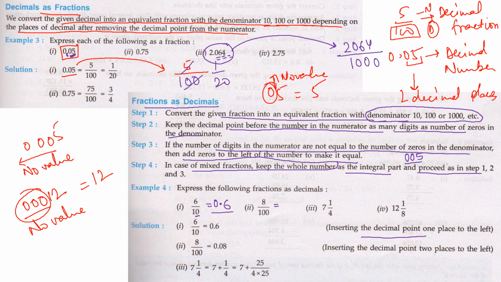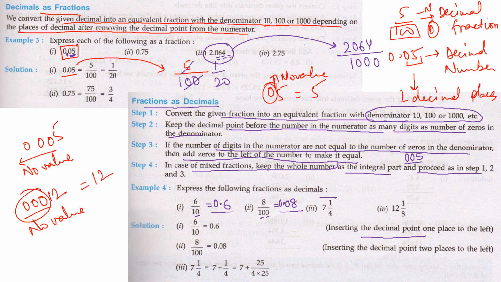Now 2 zeros are here. First you write 8. Now here how many zeros? 2 zeros are there in the denominator. So you will put a 0 and a decimal, because the decimal is counted as a single zero. If a single zero, then decimal. If 2 zeros are there, one will be your decimal, another will be your 0. So it will be 0.08.